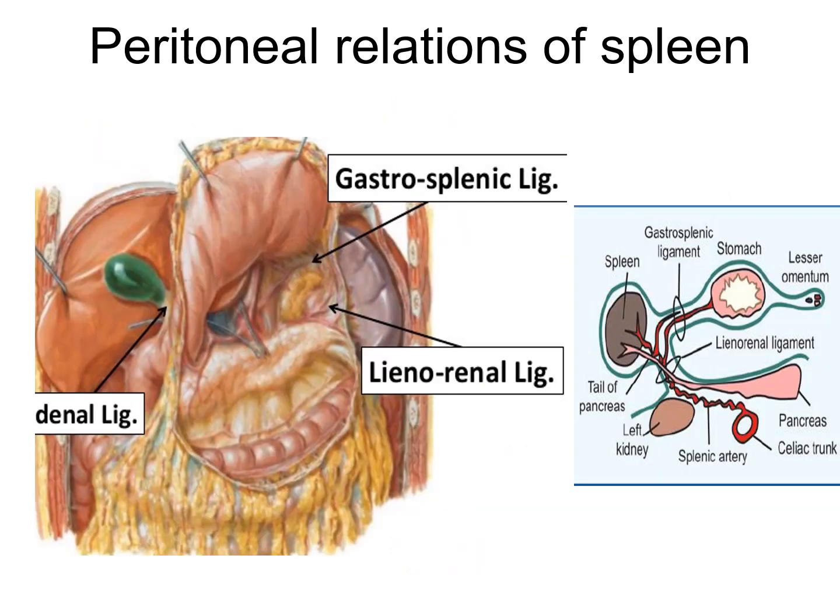This diagram shows the gastrosplenic ligament and lienorenal ligament. You can clearly see that this is the spleen, this is the stomach, and this is the greater curvature of the stomach. So the gastrosplenic ligament connects the hilum of the spleen to the upper 1/3 of the greater curvature of the stomach, and this ligament mainly consists of short gastric vessels, and this is the lienorenal ligament which connects the hilum of the spleen to the left kidney anterior surface. Now this is the kidney, and the lienorenal ligament mainly consists of the tail of the pancreas and the splenic vessels.